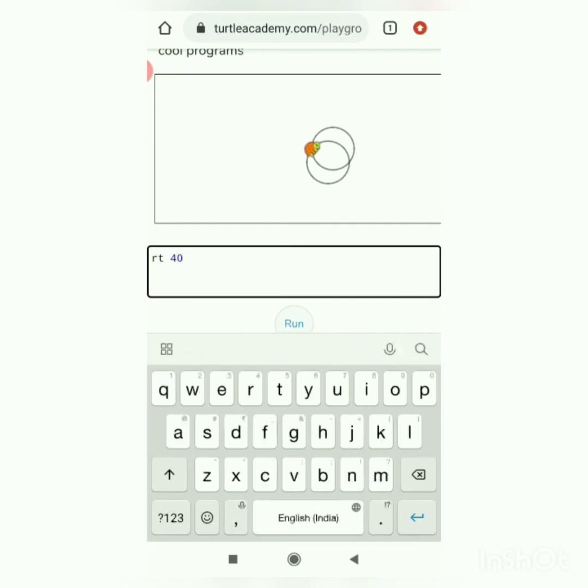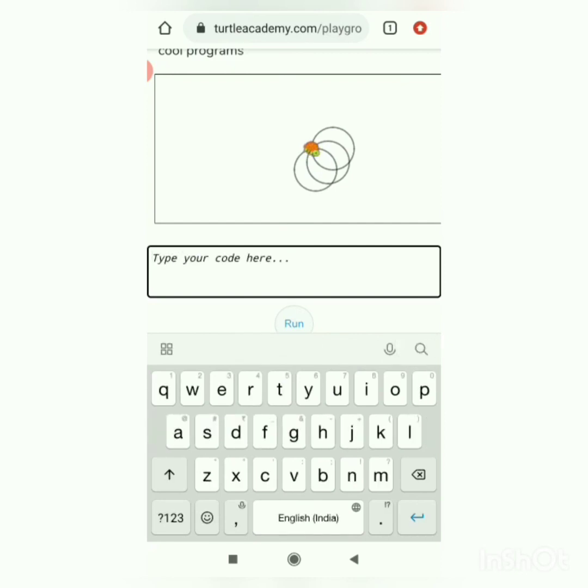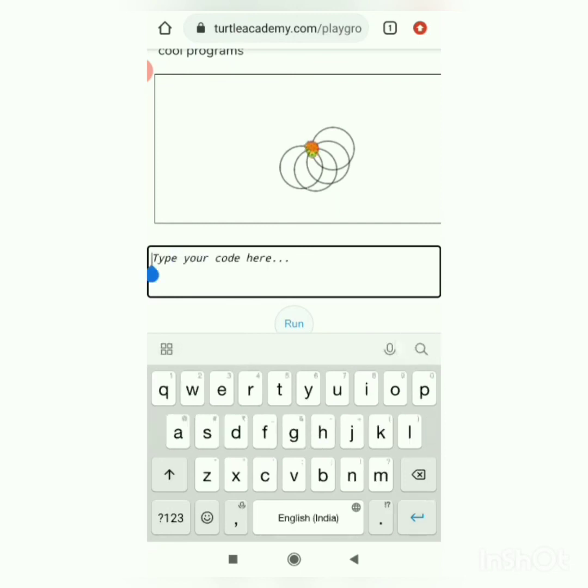See the turtle, it has taken the turn. Again I'll write the same command, repeat 360 FD 0.5 RT 1, enter. Again RT 40 means I'm commanding the turtle to take a right turn. Now the same command again, repeat 360 FD 0.5 RT 1.